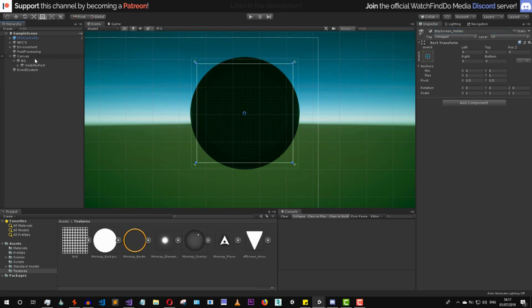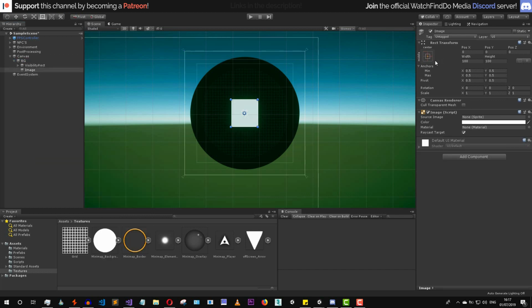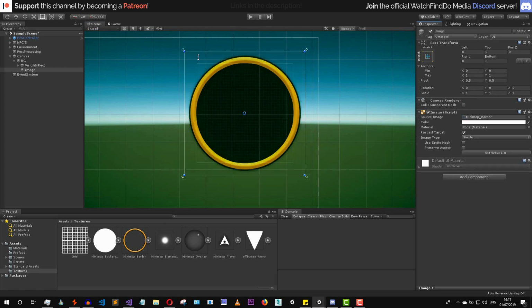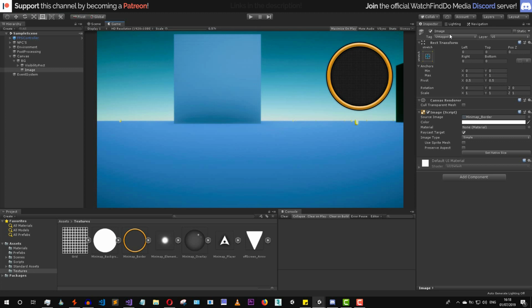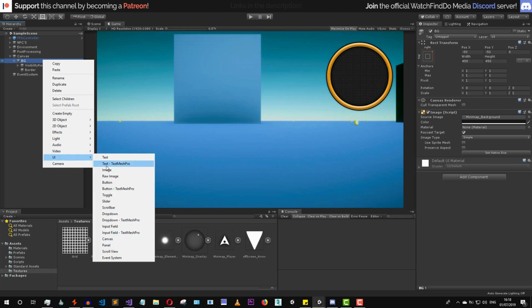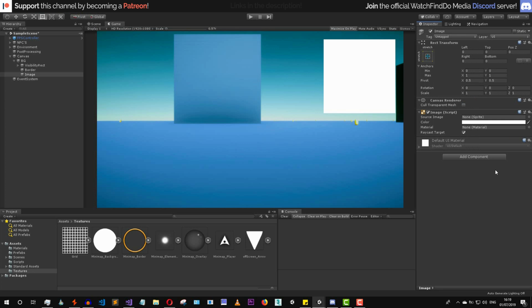All right, so let's create a brand new image inside of the background image, and let's make it stretch to fill in this entire background. What we want to use is the minimap border image, so something like this. Once we created this image, let's rename it to something like border. Then the next image, first of all, let's create a brand new image. Let's make it stretch, and what we want to use is the minimap overlay,